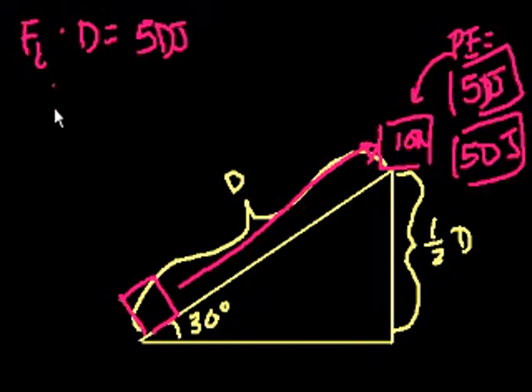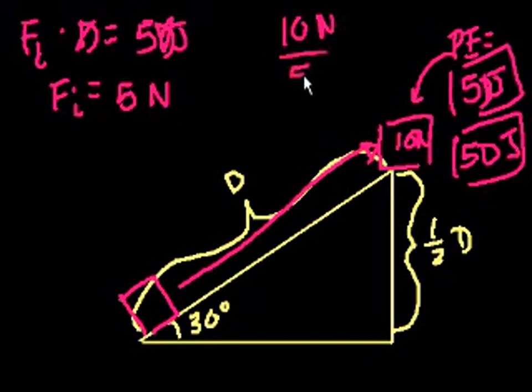Dividing both sides by d, what do I get? The input force had to be equal to 5 newtons. I'm dividing both sides by d meters. So I inputted 5 newtons of force, and I was able to lift essentially a 10 newton object. So what is the mechanical advantage? Well, it's the force output, 10 newtons, divided by the force input, 5 newtons. The mechanical advantage